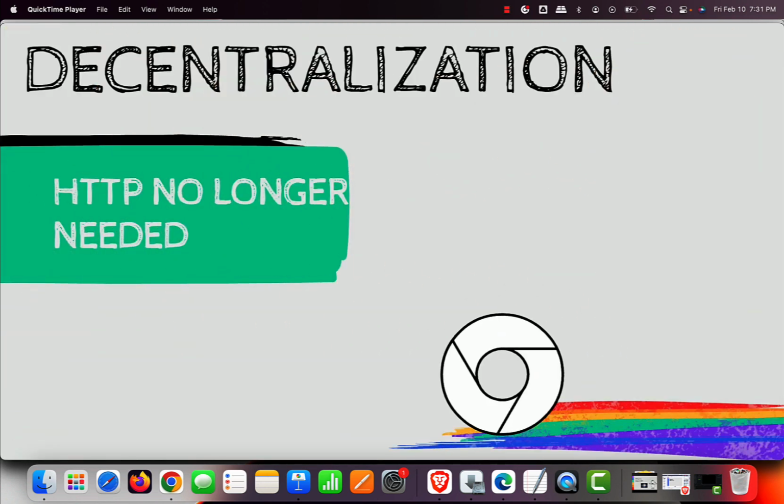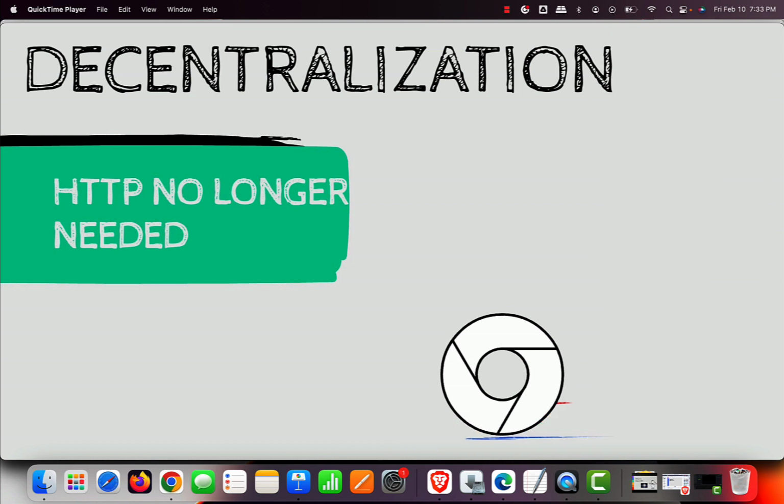What is decentralization? In Web 2.0, computers use HTTP in the form of unique web addresses to find information, which is stored in a fixed location, generally on a single server. What that means is, suppose I have to go to a Google page, I'll type www.google.com and that will take me to a page which is connected to a server that is controlled by Google. So that is centralized. That data is centralized by Google.